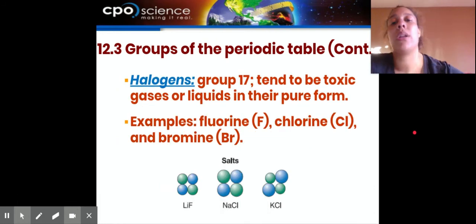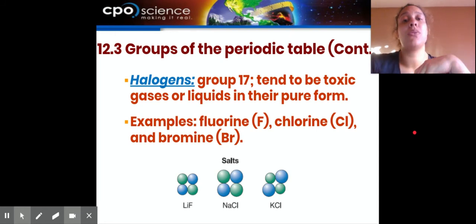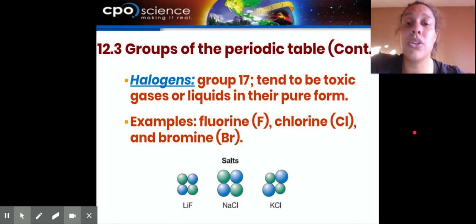Now, we're going to jump all the way to the far right side of our periodic table. The second to last group over there is called the halogens. Halogens are going to be nonmetals, so gases or liquids. And they are also very reactive, super reactive, but toxic in their pure form. So we see these examples: fluorine, chlorine, bromine, and you probably are more aware of their compound forms,